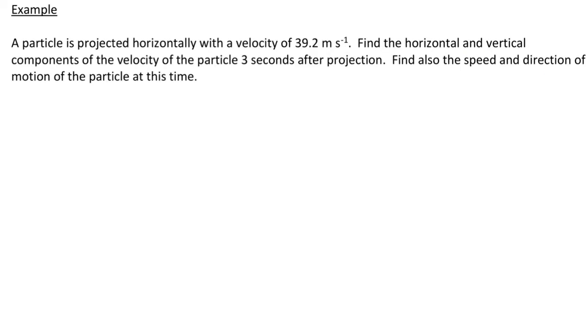Our next example then: a particle is projected horizontally with a velocity of 39.2. Find the horizontal and vertical components of the velocity after 3 seconds of the projection. Find also the speed and direction of the motion of the particle at this time. So what we have then is initially it's here and it's been projected horizontally. So it's going to go horizontally and then it'll drop down. The initial velocity, 39.2,